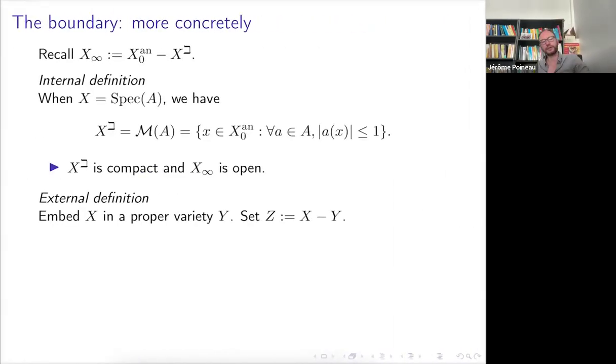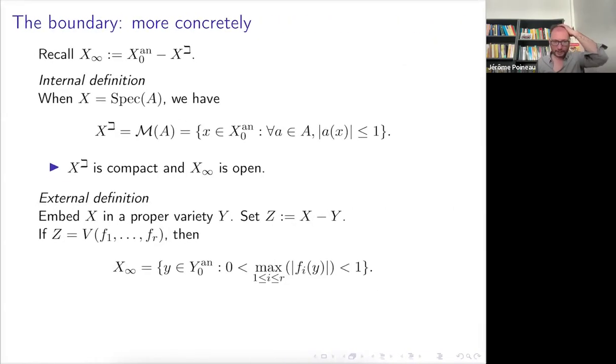Now some external definition, which is also quite interesting. So first you need to embed X in a proper variety Y and look at the boundary Z, so maybe some divisor at infinity, something like that.